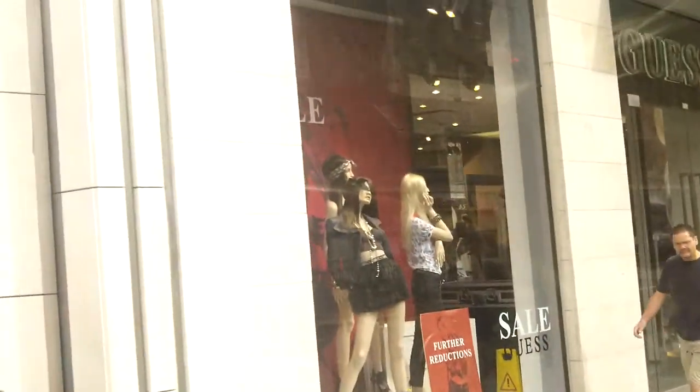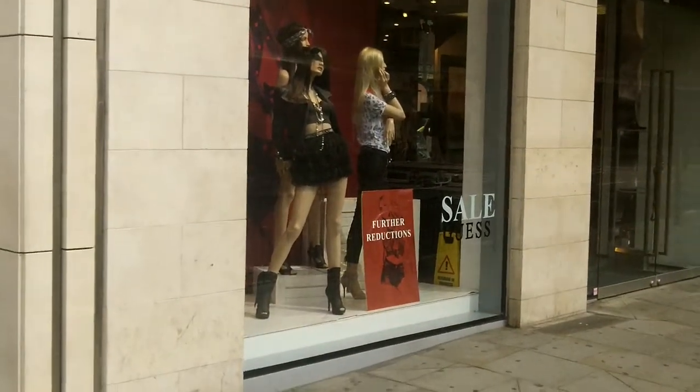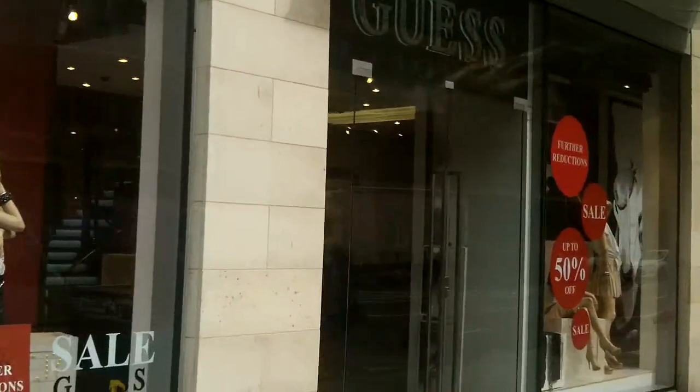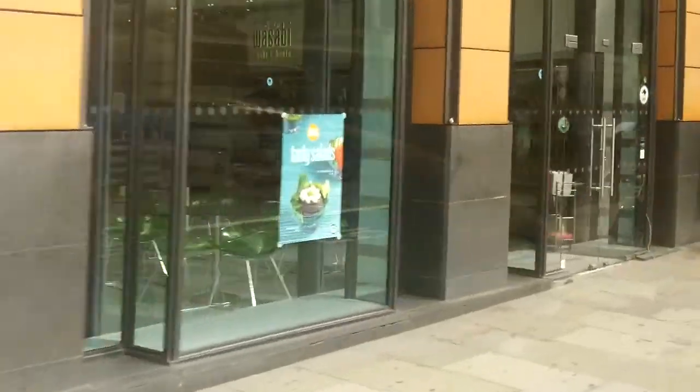Just imagine two knights doing battle on a bridge to get to the Harrods sale. And there's lots of stores all the way along here. And also, I'm sure in Florida real estate is expensive. In London, it's crazy. And at the end of this avenue, we probably have the most expensive real estate in